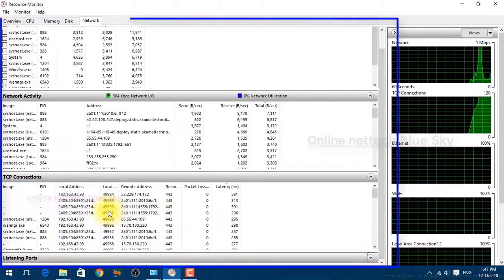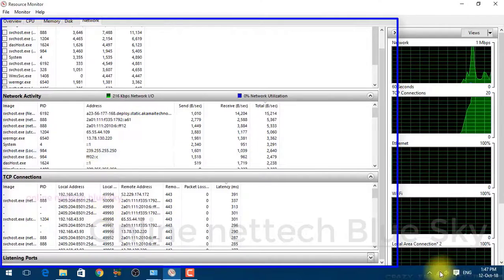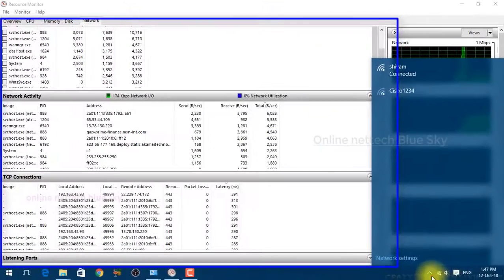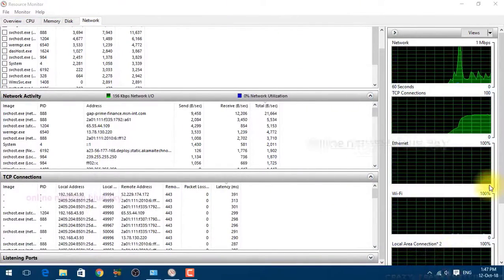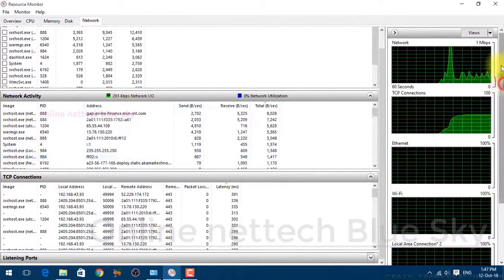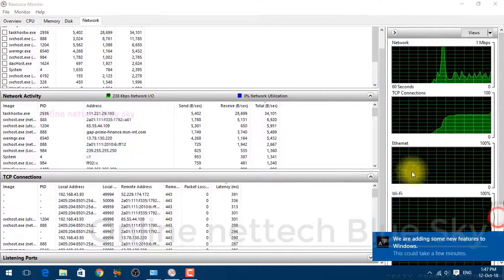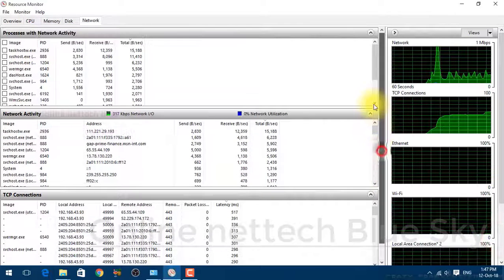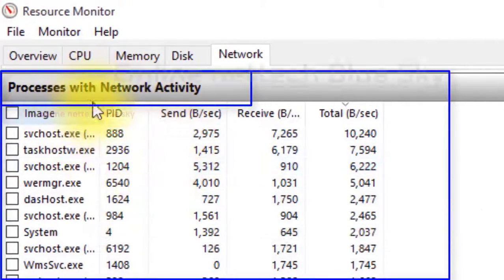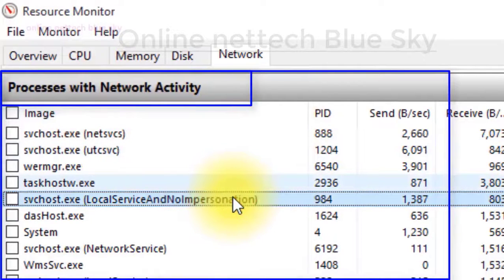I'm connected now, and you can see different types of processes start inside my network. I'm already connected to my Wi-Fi network. Without a network you cannot see this type of process. First you can see it showing me data and my internet connection. With Wi-Fi I'm working with network activity, and you can see different types of process files here.